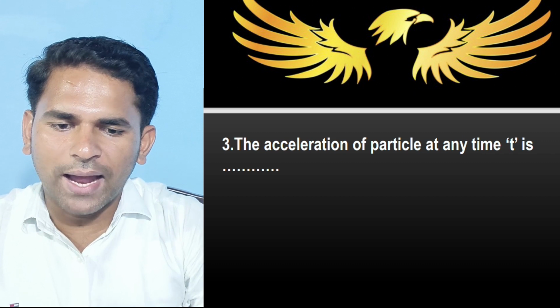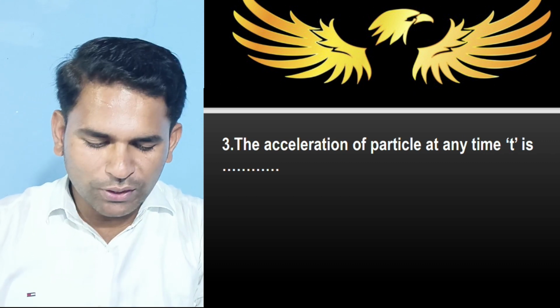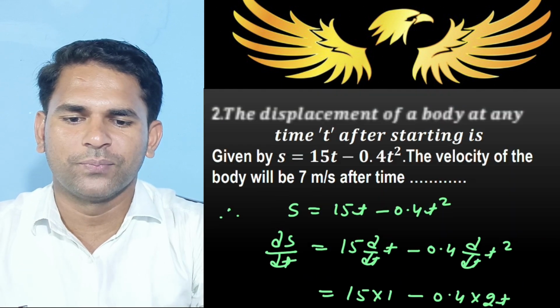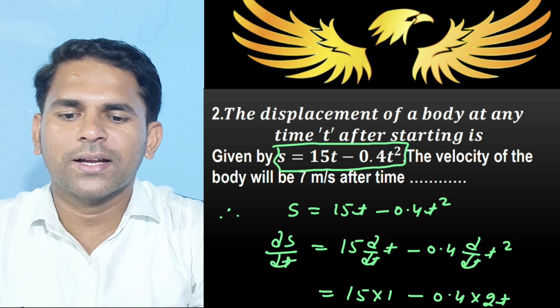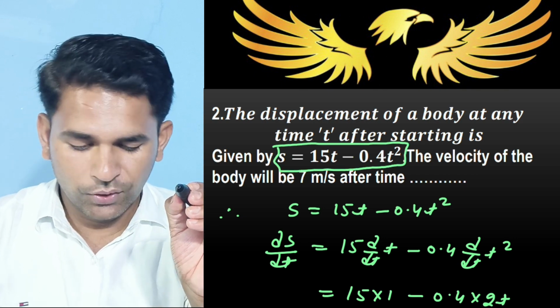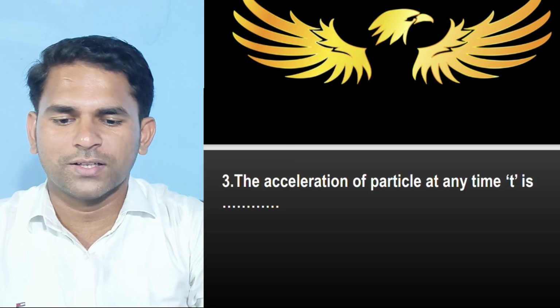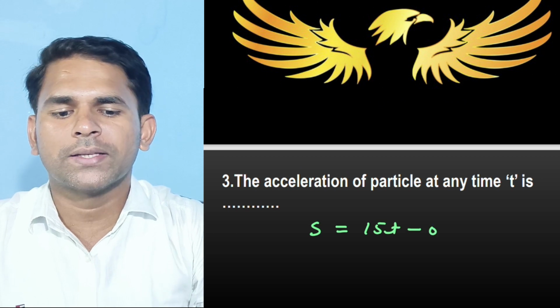They are asking for the acceleration of the particle at any time t. So the equation is the same. What is the equation here? It is the displacement equation, this one. Now they are asking for the acceleration at any time. So we first write the displacement equation: s equals 15t minus